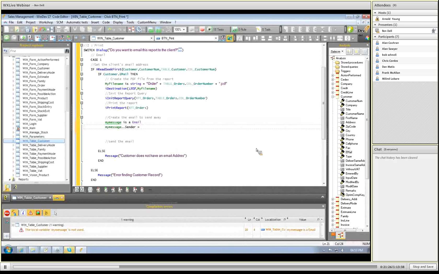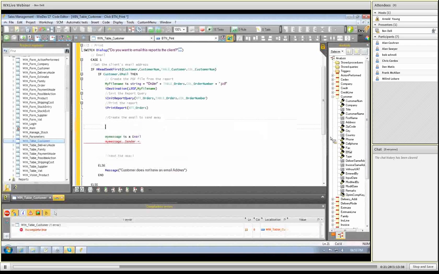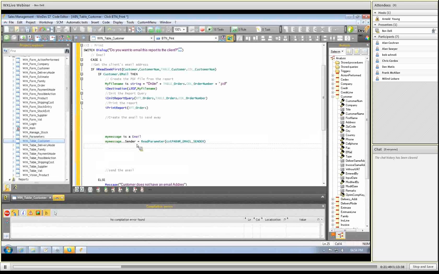Okay, so the first thing we need to go and do is, let's go and do this. I've copied and saved this code. Go and read the parameter to say what is the sender address. And then I will go and do the same for all of the other things which I need, and they are